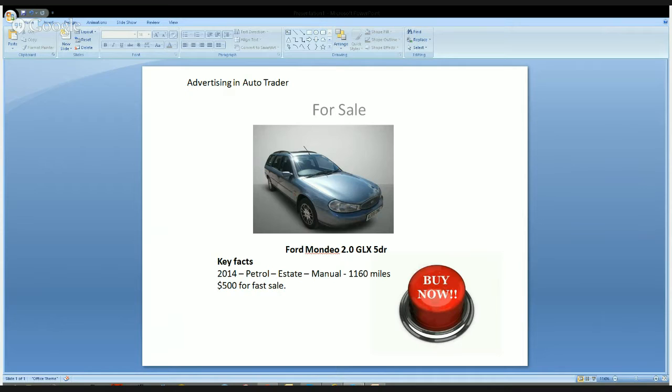The purpose of your advert, whether it's on Facebook, in Craigslist, in Backpage, wherever it may be, is to attract attention and get somebody to start communications.